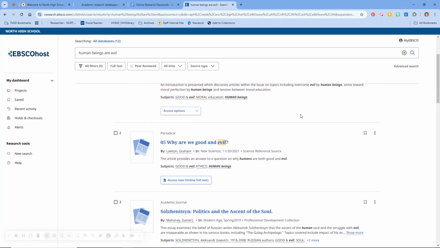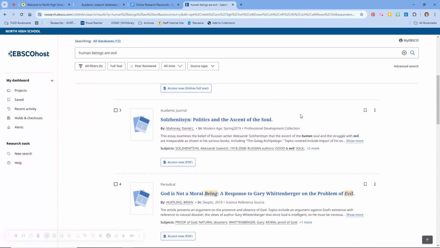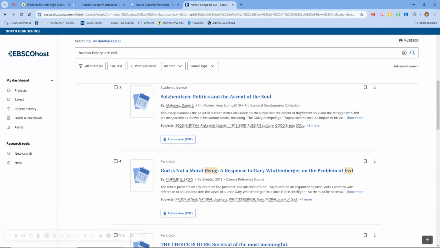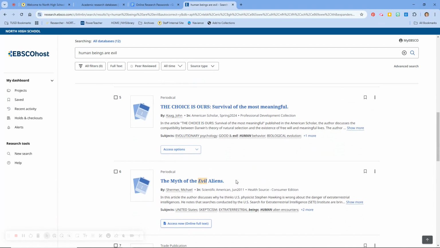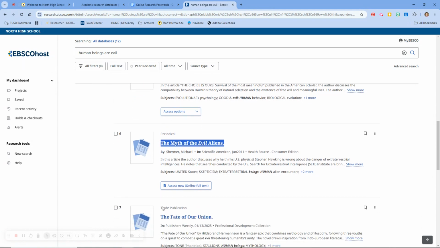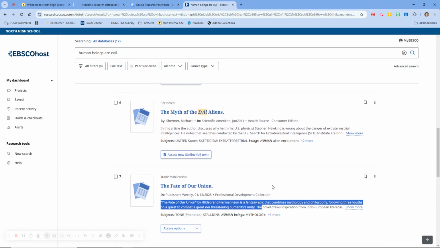Secondly, as I scroll through my results, I see the first few are pretty okay, but then I get to God is not a moral being, which is about whether God is good or evil, not people. And it looks like this one here is about whether extraterrestrials are good or evil. And it seems that this one is about a novel called The Fate of Our Union, which could be about good and evil,